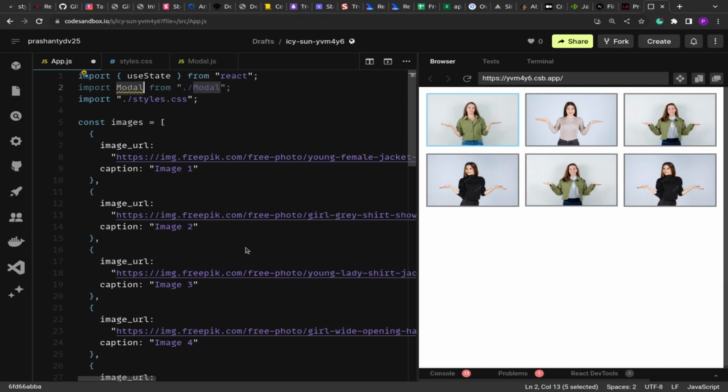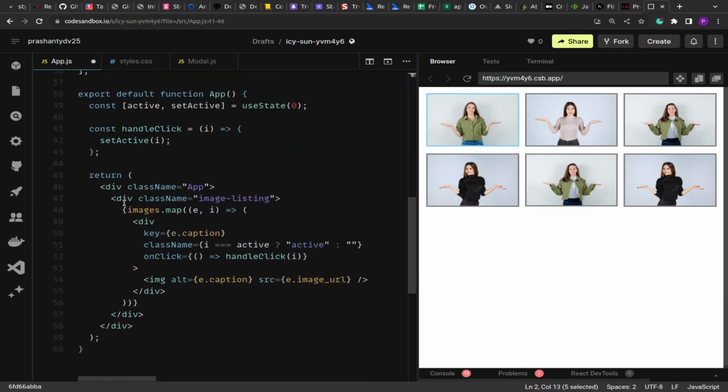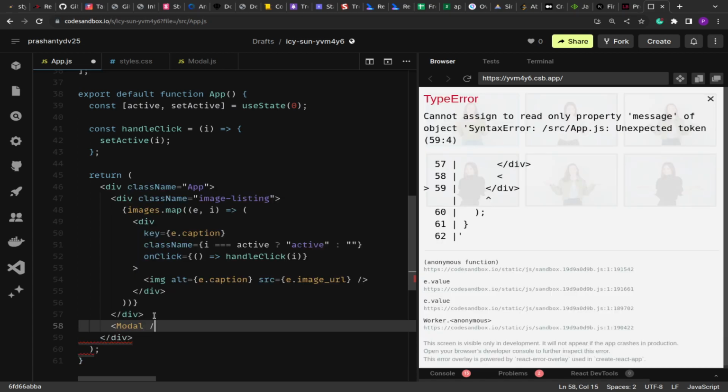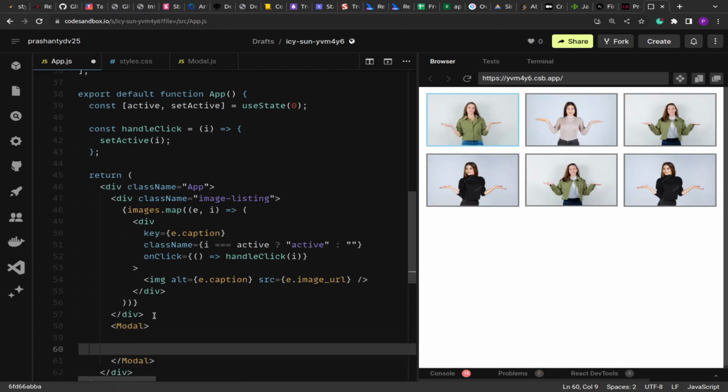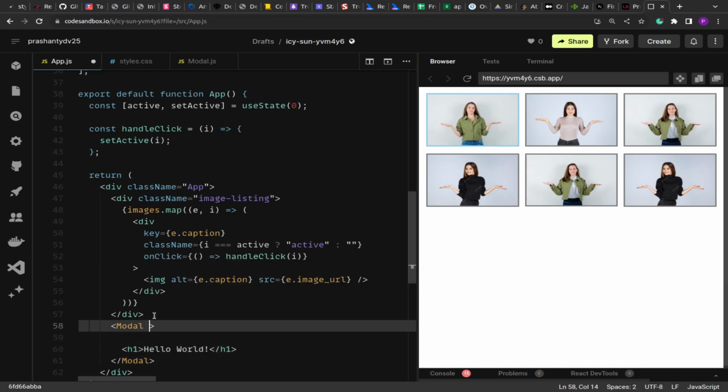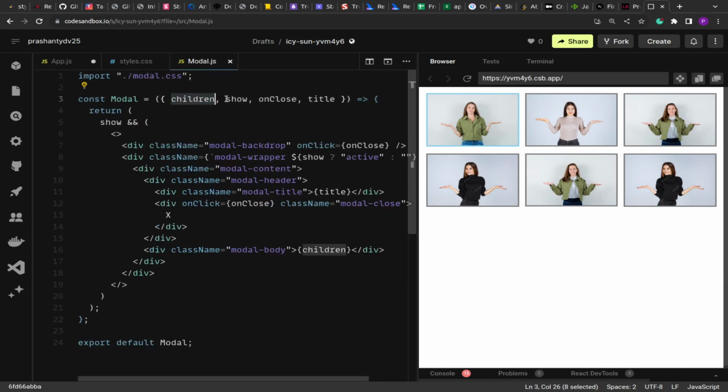And now we'll render this modal. So just below the image listing, we are going to render the modal. And here right now let's add some dummy text. So I am having an h1 with hello world, and here we are going to say the title as lightbox, and what all parameters this modal accepts: children, show,